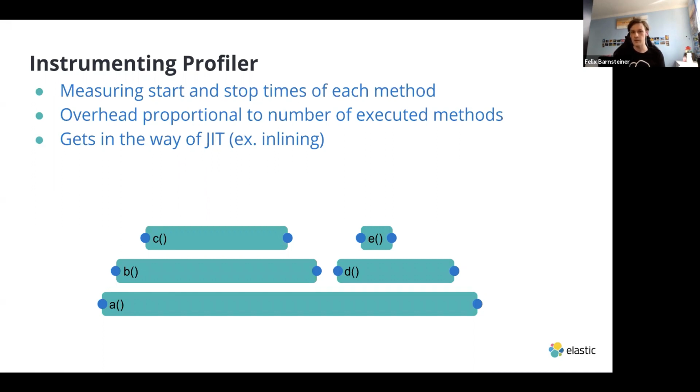Especially the more methods you want to instrument, the more overhead you're going to get. But even if you're only instrumenting one method, if you pick the wrong one, your performance will be really terrible. One of the reasons is that we are inserting code here, and that can get in the way of some of the optimizations the Java